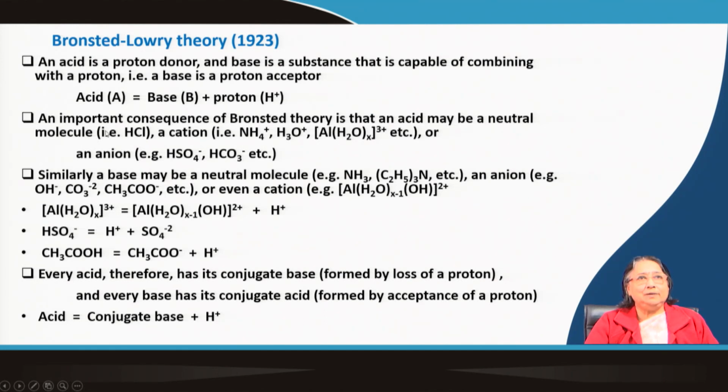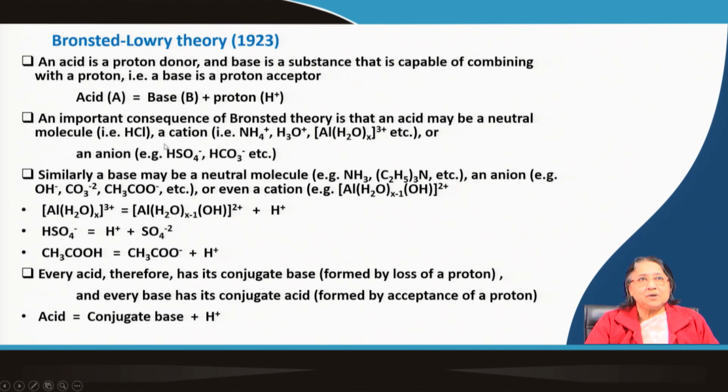Say for example, by this Bronsted theory we can explain several molecules. Say for example, if it is a neutral molecule HCl, then we can explain why it is an acid. If it is a cation, say for example, ammonium ion or hydronium ion or even some aqueous complexes of aluminum, then also we can explain why it is